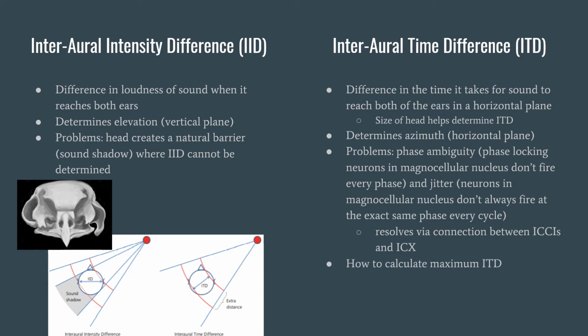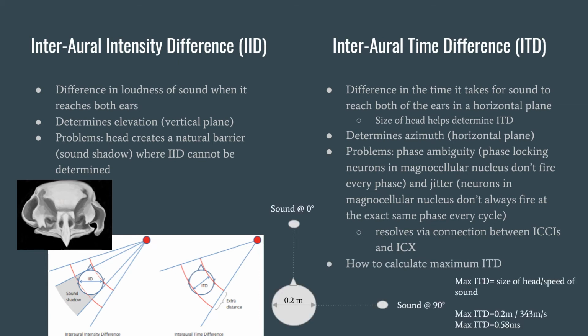To calculate the maximum ITD, we can look at this problem right here. The minimum ITD is when sound is directly in front of the owl. So when sound is at 0 degrees, it is going to reach both ears at the same time, so the minimum ITD is 0. The maximum would be when sound is directly to the right or directly to the left,